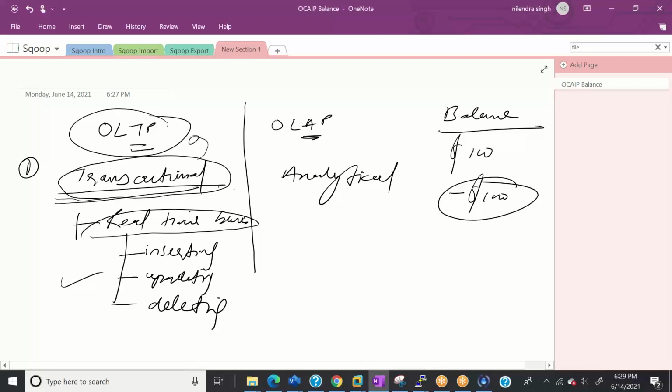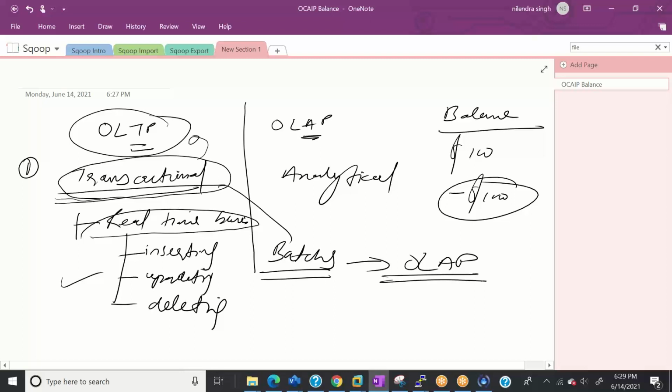So what we usually do, when this transactional data has been stored in the OLTP system, is bring the batches into an OLAP system, just for analyzing, to see the trend: which ATMs in Miami are busy, which ATMs are not used properly, which ATMs are running out of money. If somebody wants to ask this kind of question, they will go to the OLAP system, and we can run very time-taking queries without any effect on the OLTP system, right?